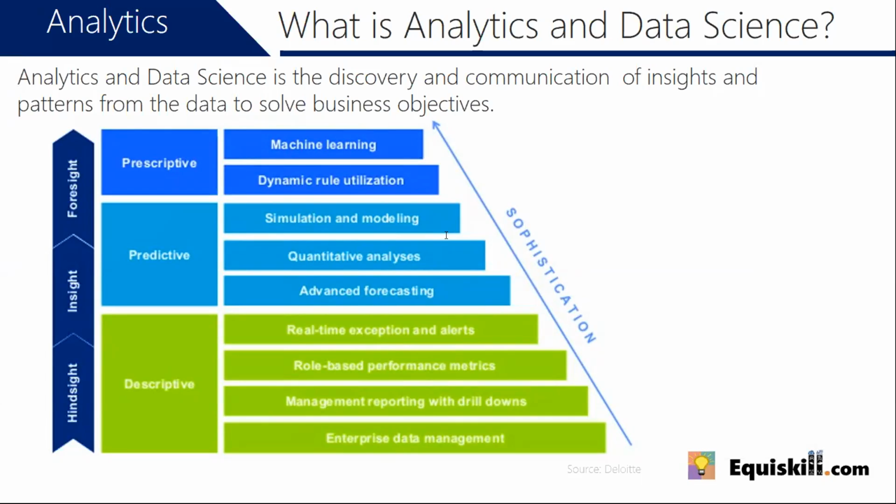Okay, Bhuvan's got a question saying, does linear regression come in predictive modeling? Yes, Bhuvan. Linear regression is a technique to predict a dependent variable and how it's influenced by independent variables. For example, sales could be a dependent variable, and an independent variable could be the cost of the product or the number of features in the product. So linear regression would help you predict the impact on sales of the cost of the product and the number of features in the product. So hopefully that helps you. Let me know, Bhuvan, if that answers your question.